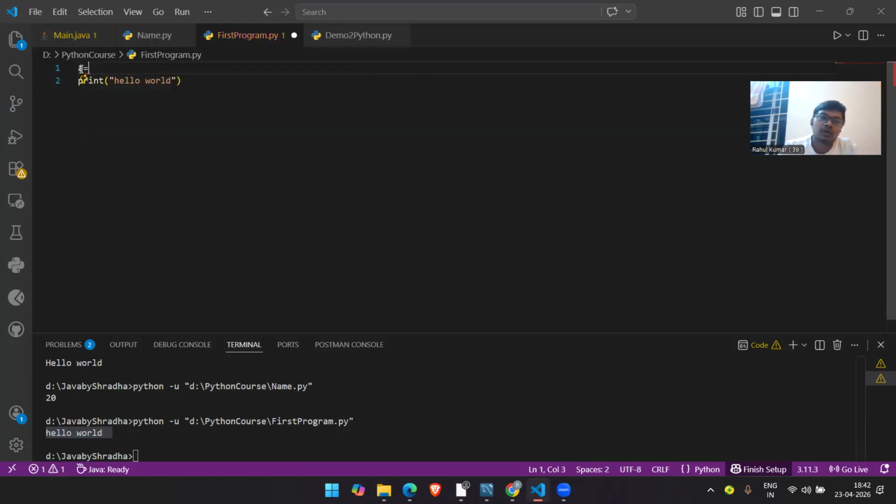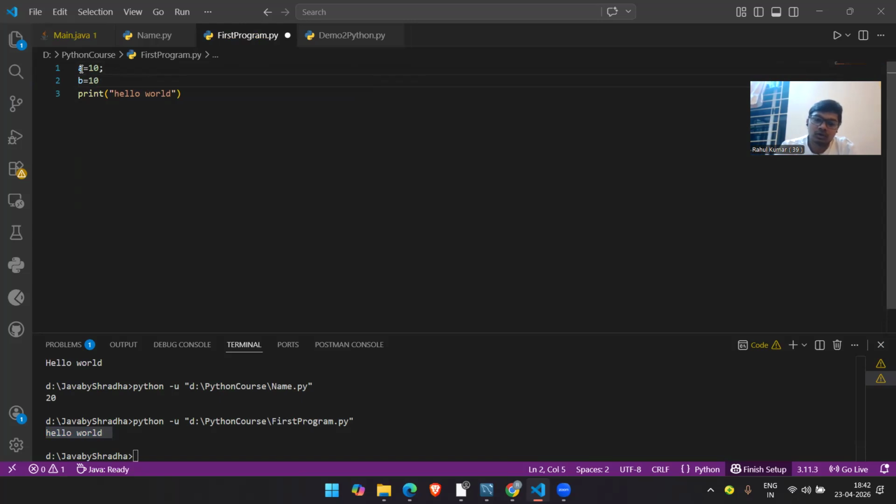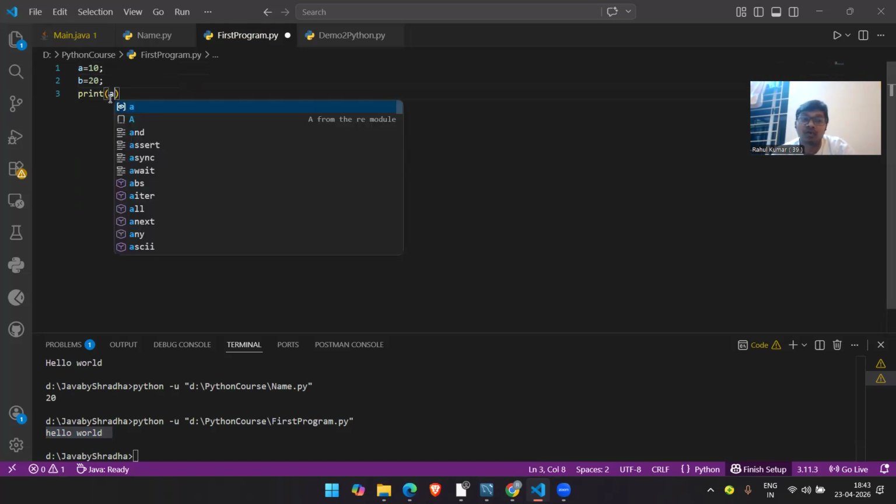Suppose I'm defining here a variable a and I want to put some value inside a. a is basically a variable, and I want to define one more variable, that is b, and I want to assign 20 inside b, and I want to print the value of